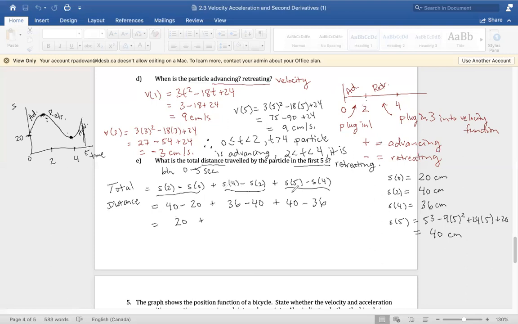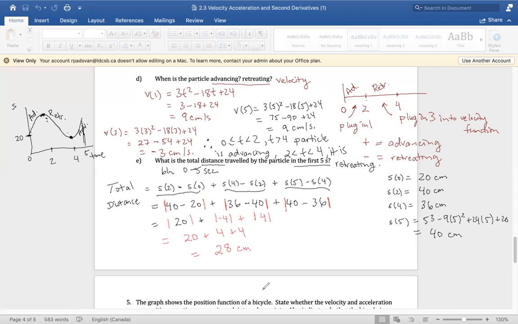So I need to indicate somewhere here that I'm only using the positive values of these, that there is no negative distance, right? So what I'm going to do, from grade 11, is take the absolute value of these intervals. The absolute value of 36 minus 40 is negative 4, but the absolute value of negative 4 would just be 4, right? Plus the absolute value of 4, and the absolute value of 20. So I'd have 20 plus, this one would change to positive 4. So I would have a total distance of 28